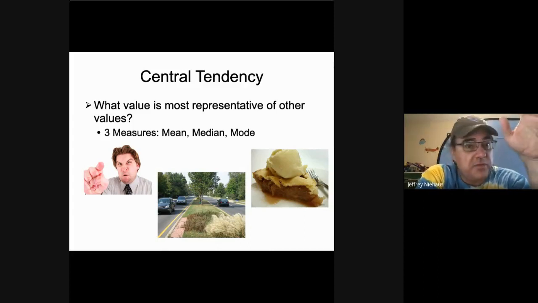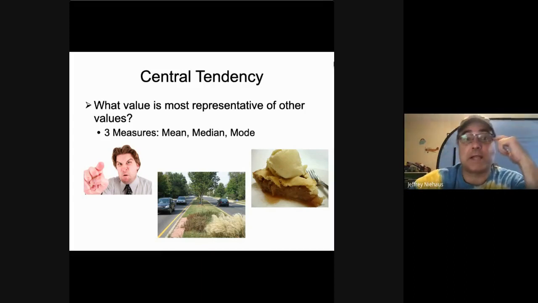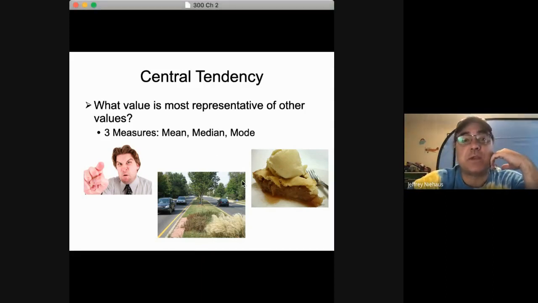We're going to talk briefly about 3 of them, and then we're going to almost relentlessly stick to only one for the rest of the class. But those 3 measures of central tendency are mean, I hope you get it, the median,